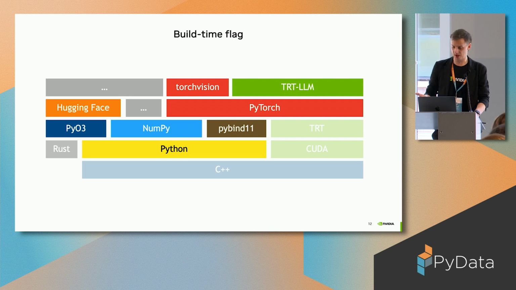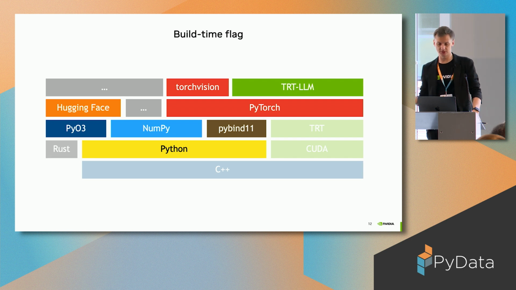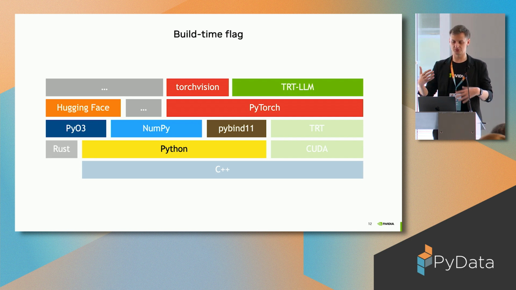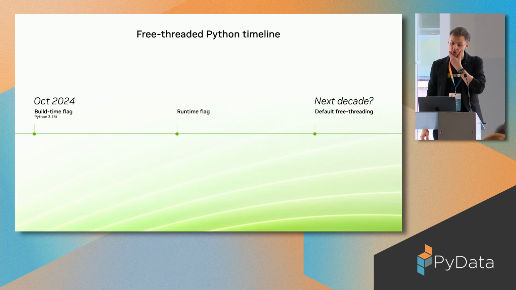And this is, I believe, one of the arguments why the introduction of this runtime flag and default free-threaded Python will be spread throughout time, because it needs serious work put into the environment to ensure everything is working. So, going back to our timeline,